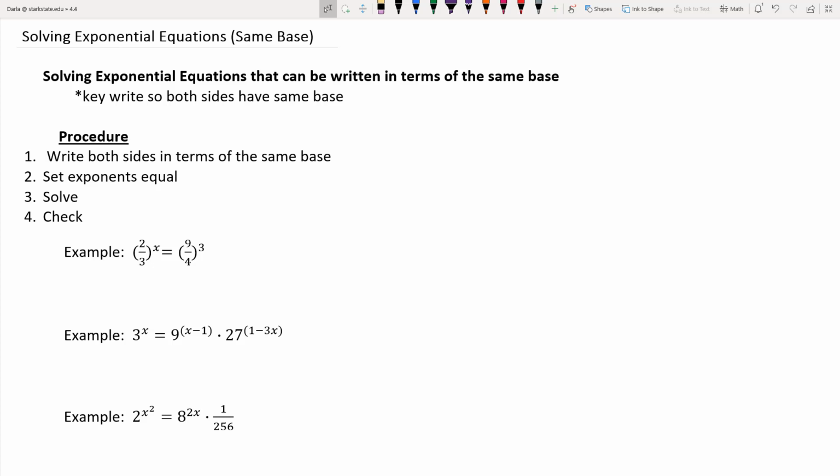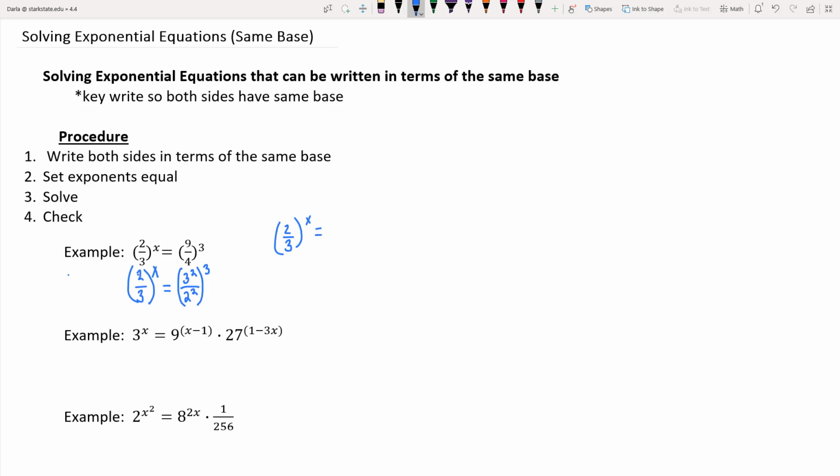So we have (2/3)^x equals (9/4)^3. If we look here, 2 over 3, 2 is prime and 3 is prime, so you can't really pull that down any further than what it already is. So I would keep that as is. This is still (2/3) to the x power. But on the right hand side, 9 can be written as 3 to the second, and 4 could also be written as 2 to the second. And then that was all raised to the third power. So you get (2/3)^x